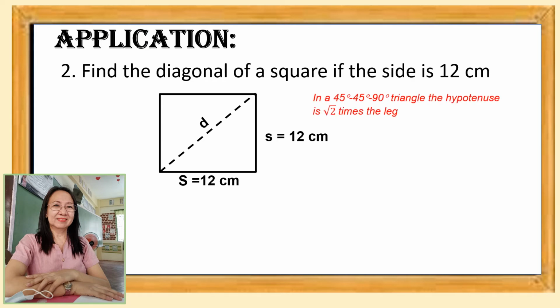So we are going to use the idea that in a 45-45-90 triangle, the hypotenuse is square root of 2 times the leg. So by substitution, C is equal to the square root of 2 times our leg, which is 12. So simplifying, we arrive at C is equal to 12 square root of